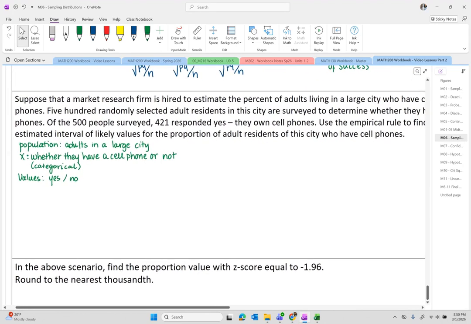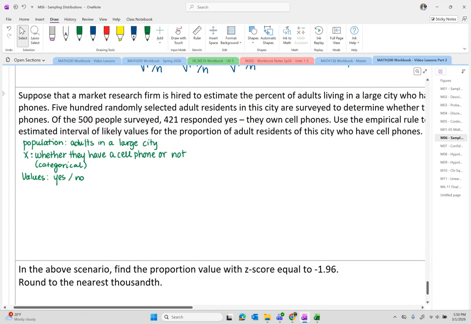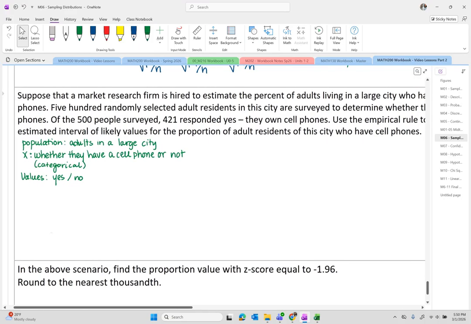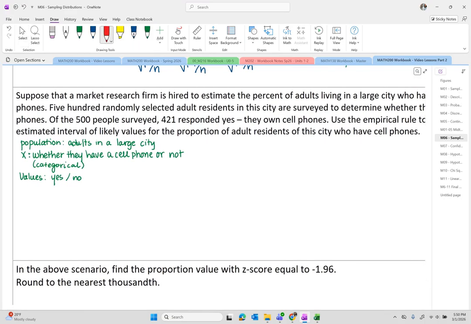Yes will be a success and no will be a failure. 500 randomly selected adult residents in the city are surveyed to determine whether they have cell phones. So the N is the sample size of 500, and of those surveyed, 421 responded yes. So X was the 421, and from here you have P hat equals 421 divided by 500, which is equal